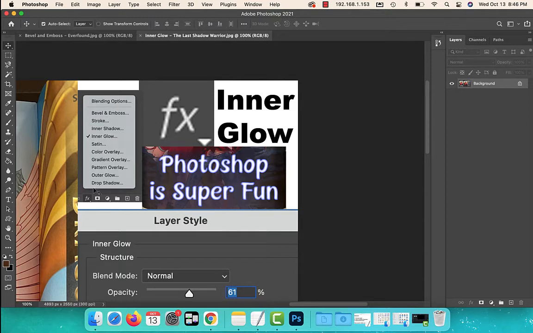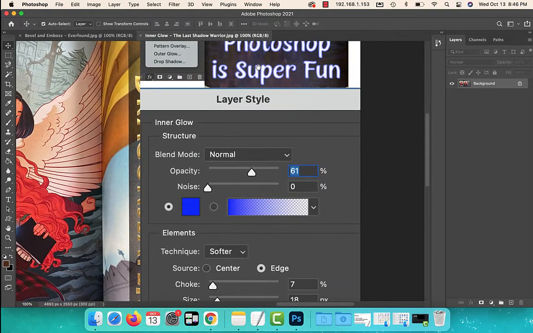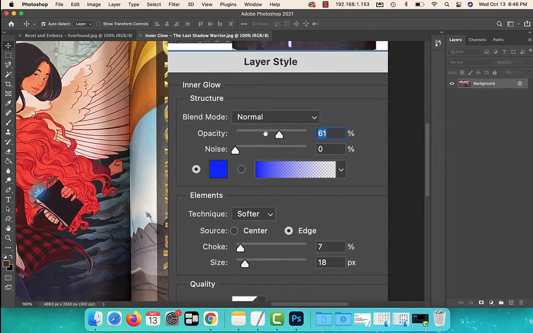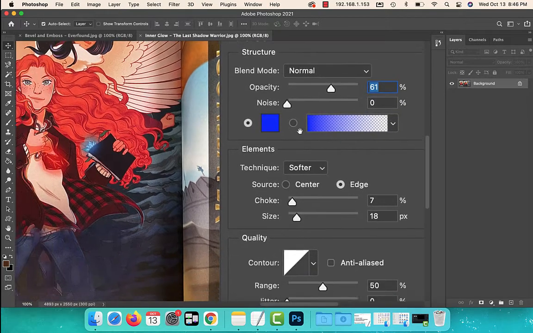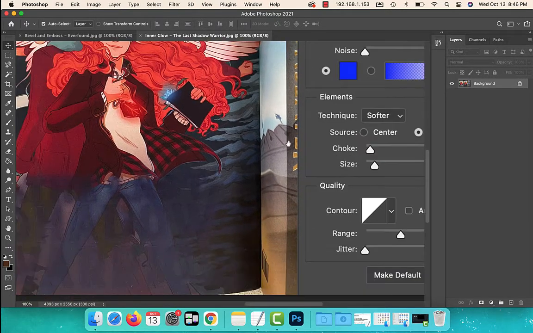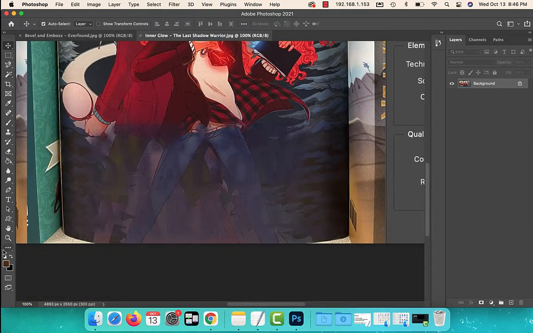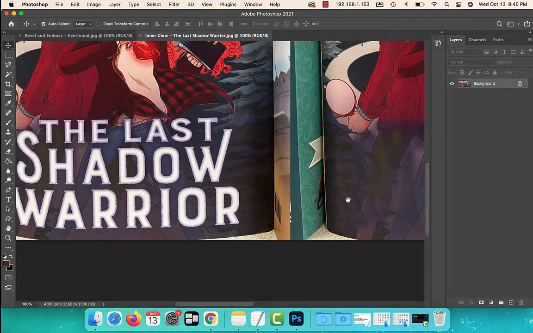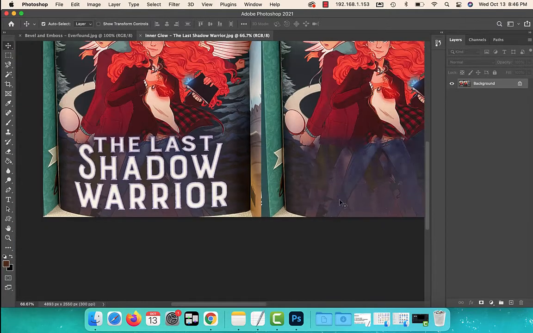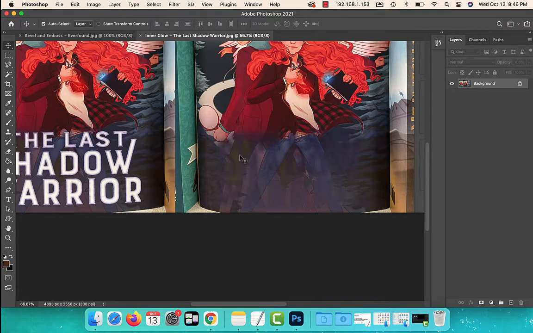And you'll notice right here I took a screenshot. In this case, it's going to be inner glow, and you're going to write some text that looks a little bit like this. The blend mode is going to be normal, opacity is maybe 61%. And with all of this, you're going to be experimenting. So I'm going to do this right now, and I can see it's white text, The Last Shadow Warrior. And so I'm going to write